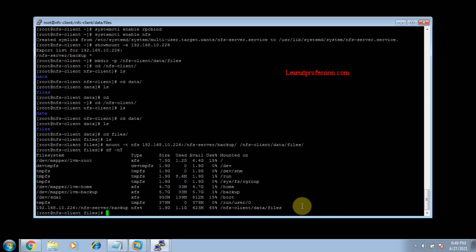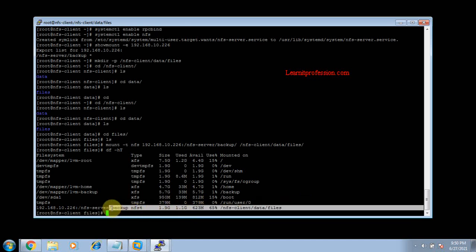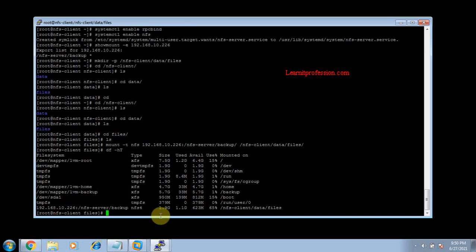Okay, here you see the NFS server share /nfs-server/backup is successfully mounted on the files directory that is available on the CentOS Linux 7 client machine.